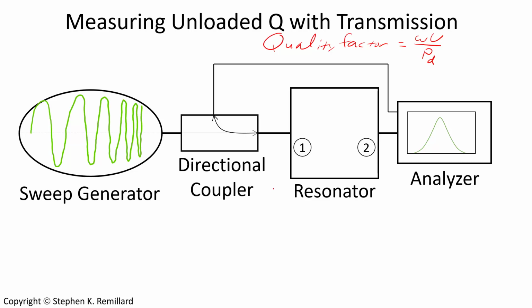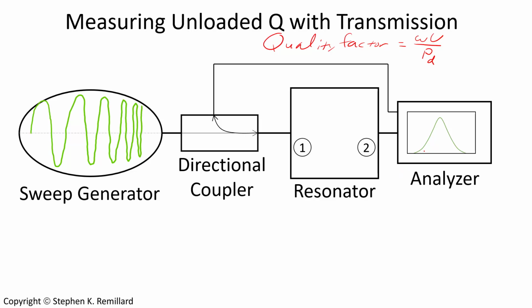A typical setup for Q measurement involves a sweep generator and an analyzer. They're usually integrated into a vector network analyzer. The sweep generator puts out a sinusoidal signal that has a time-varying frequency over a pre-programmed range. That signal is incident upon a resonator. The resonator has two ports, port 1 and port 2. Power goes through the resonator and passes on to the analyzer, which then detects the power and plots it against